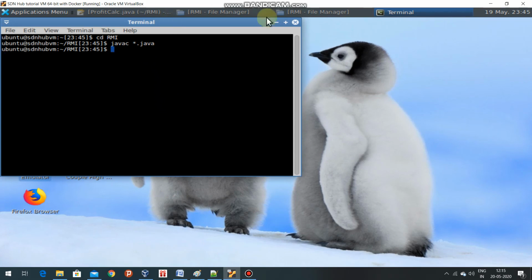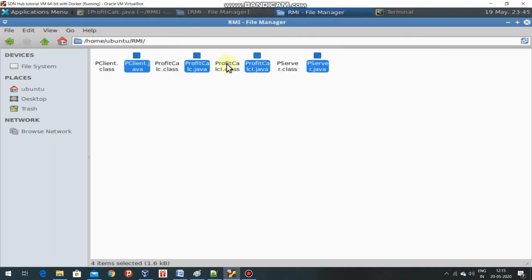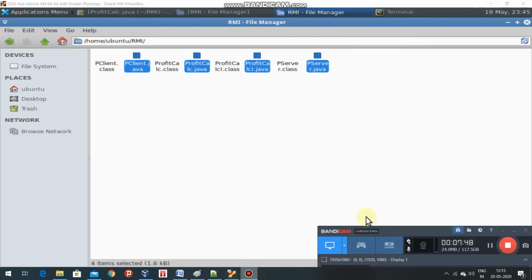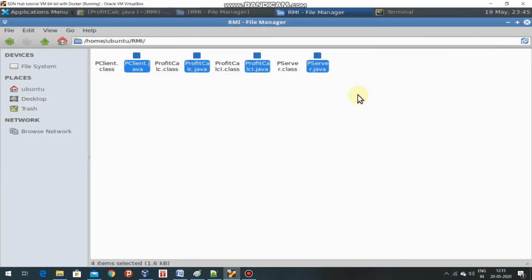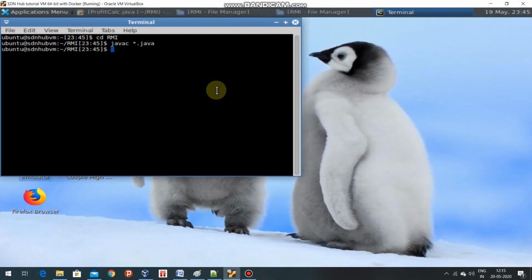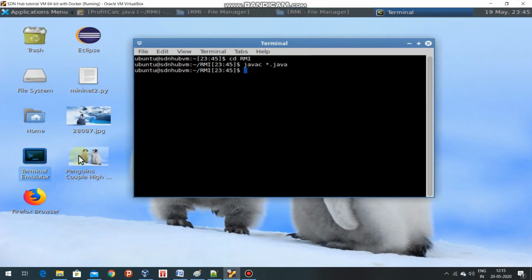Now see the files. The classes are created. Now start the RMI registry.